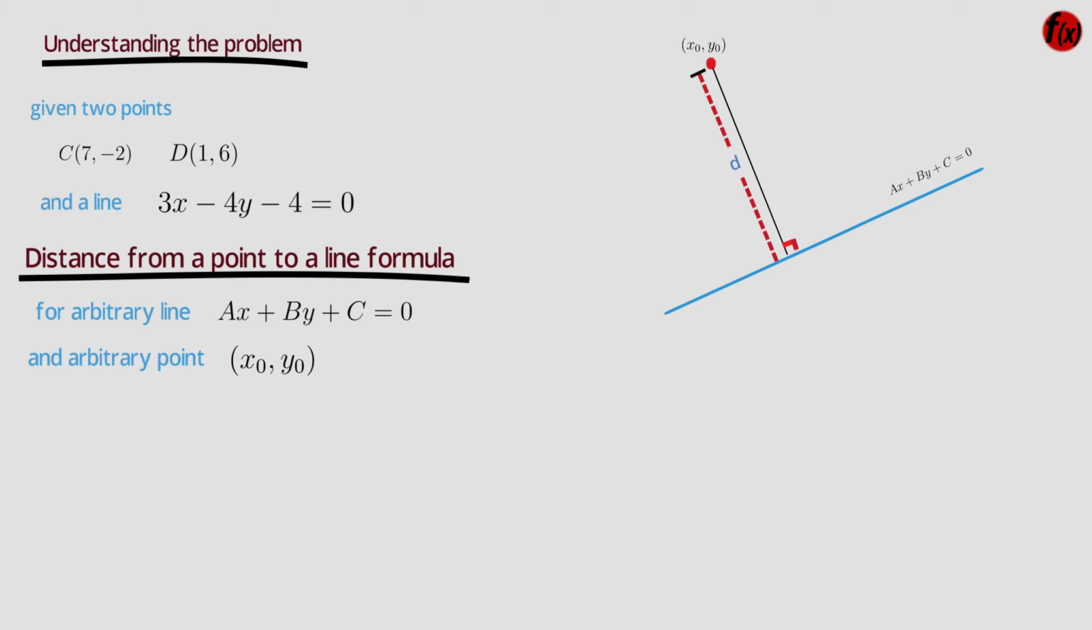The perpendicular distance from an arbitrary point (x0, y0) to the line ax plus by plus c equals 0 is